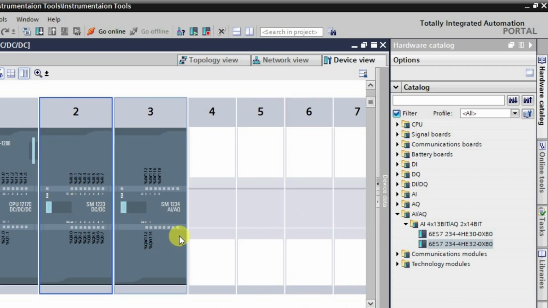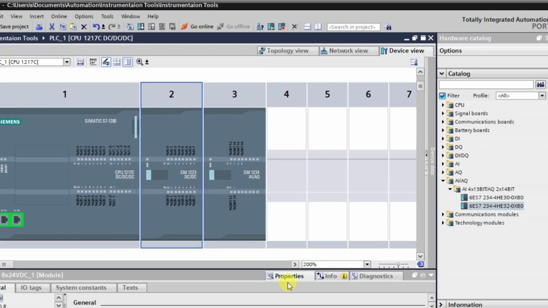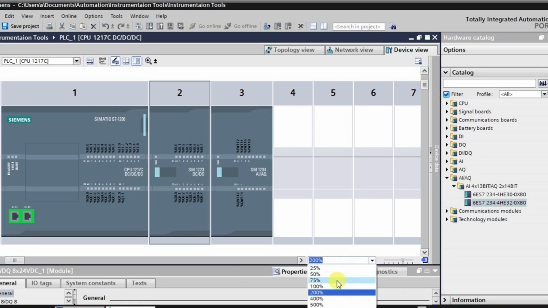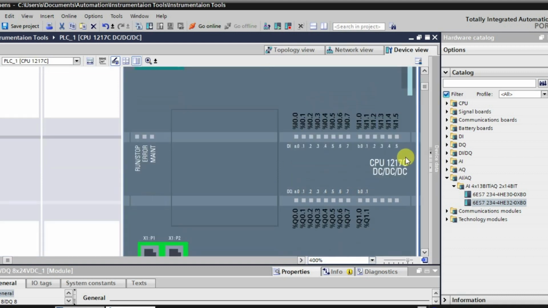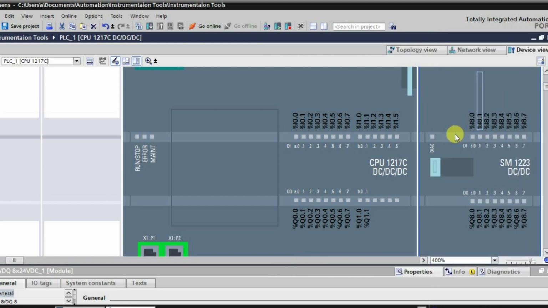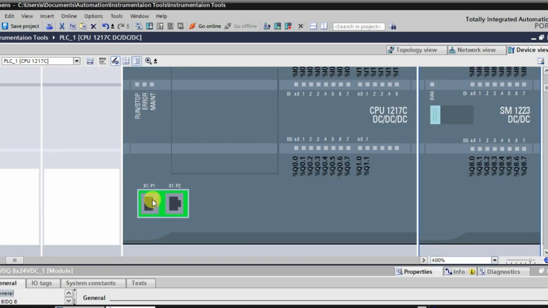Now if you observe, I'll increase the size. This is basically the CPU itself. I am closing this one to avoid confusion, right? This is again our device view. If you observe, these are the ports.